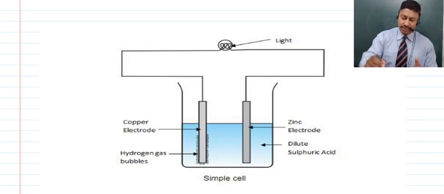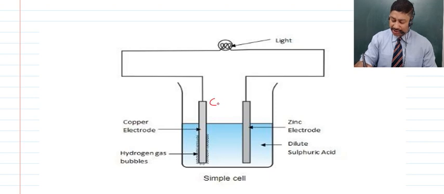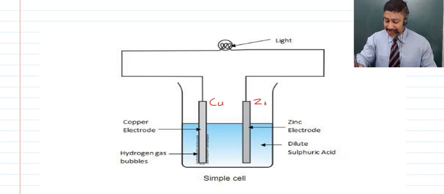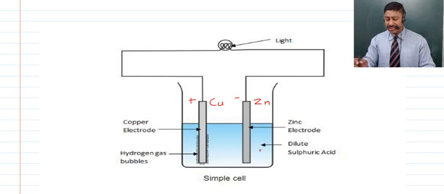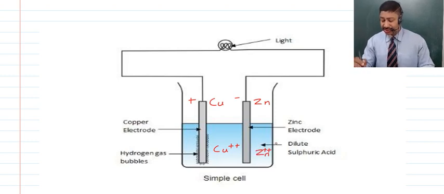Now children, in this case, if we talk about this electrode, it is say the copper electrode. This is one of the metals which has been chosen for this cell, which is known as the simple cell or the simple Voltaic cell, and the second is the zinc electrode. The copper electrode, children, is the positive electrode, and the zinc electrode is the negative electrode, right? Now here copper, when it goes into this electrolyte, goes as Cu++, and zinc, when it goes into this ionic solution, goes as Zn++. So this is what you need to remember.